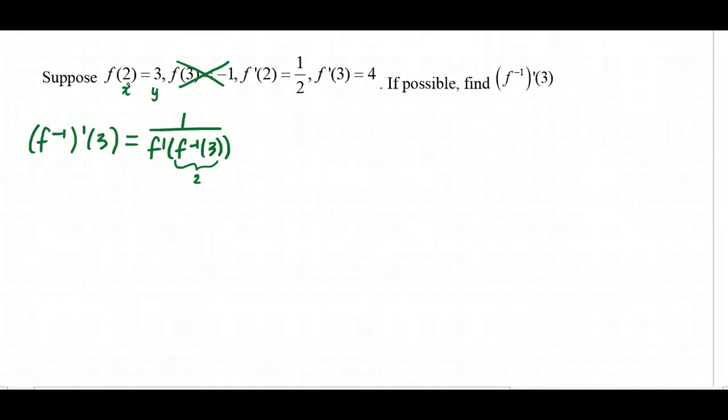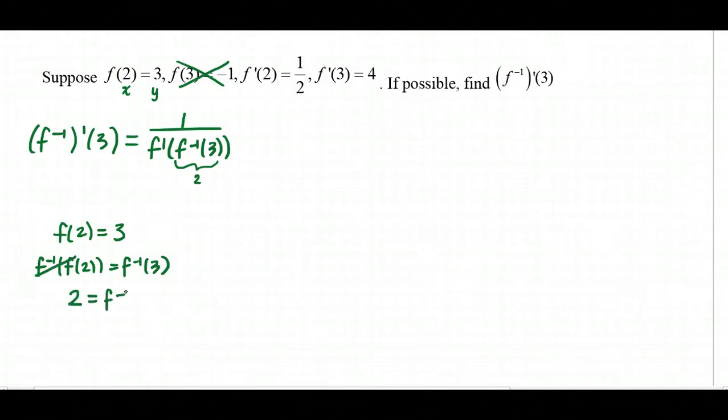Now, if you really want to convince yourself and show thorough work, what we can do is we can take this quantity, f of 2 equals 3, and take, again, not multiply, take f inverse of both sides. So now, f inverse next to f, inverse functions are going to cancel each other out. So the left side is 2, so 2 equals f inverse of 3. So that's how I'm able to replace f inverse of 3 with 2. So this equation becomes 1 over f prime of